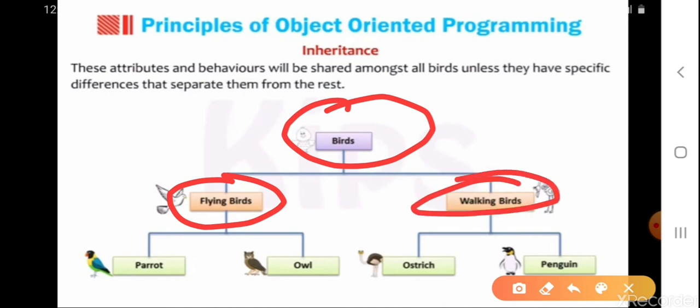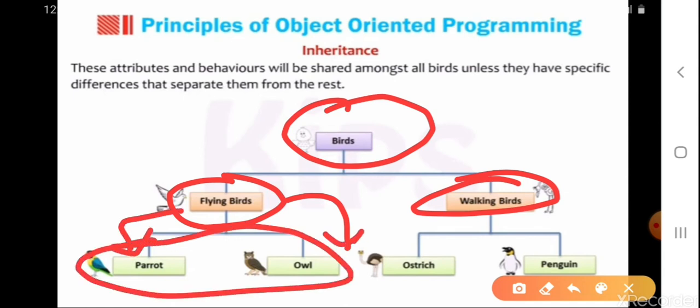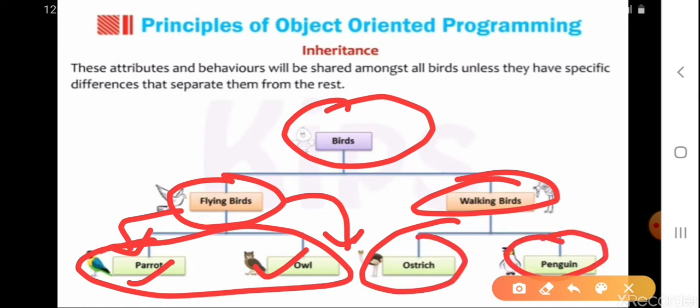All the birds that come under the flying birds category will have some common behavior, like they can fly. Even a parrot and an owl share this same behavior. And the walking birds like ostrich and penguin both share walking as their behavior.